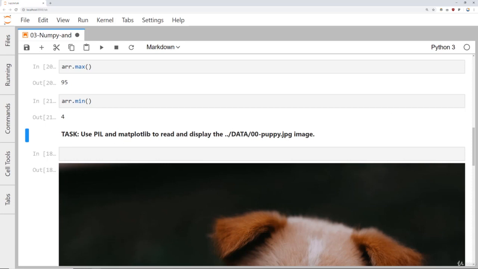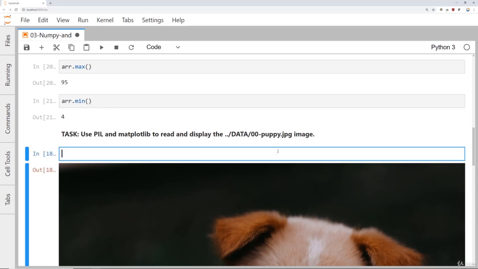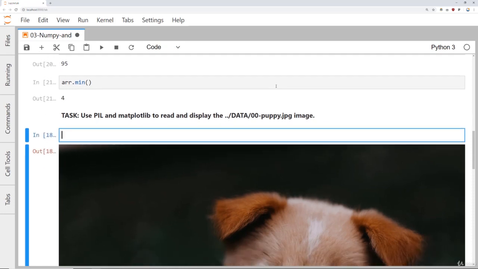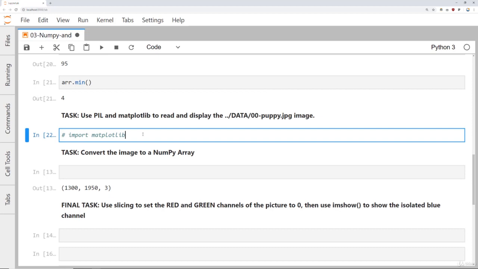Okay, then we wanted to use the Python imaging library and matplotlib to read and display that puppy image. So this is actually exactly the same thing we did in the lecture. So a couple ways we can do this. One way is to say import matplotlib. In fact, let me comment this out and just get rid of that picture so we can see this in full. So we're going to say import